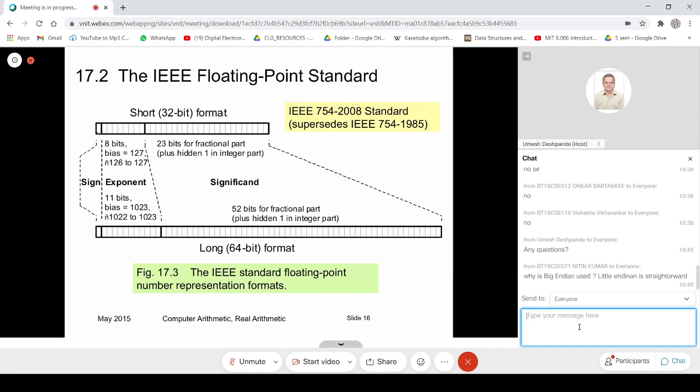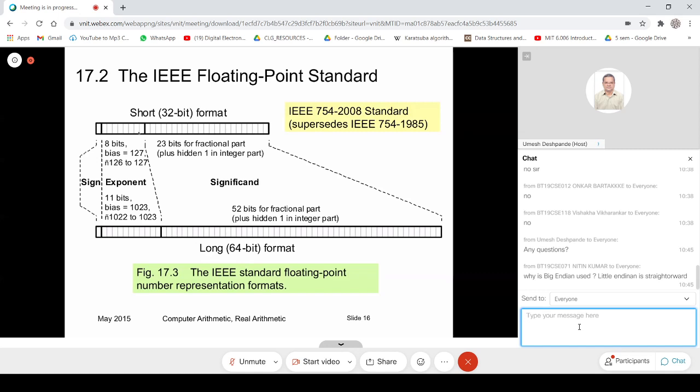And then there are 8 bits which represent the exponent. An 8-bit exponent would mean I can have 2 power 8 possibilities, and I treat this exponent as a signed number, because I need to represent real numbers which have a negative exponent. So the range is minus 128 to plus 127.